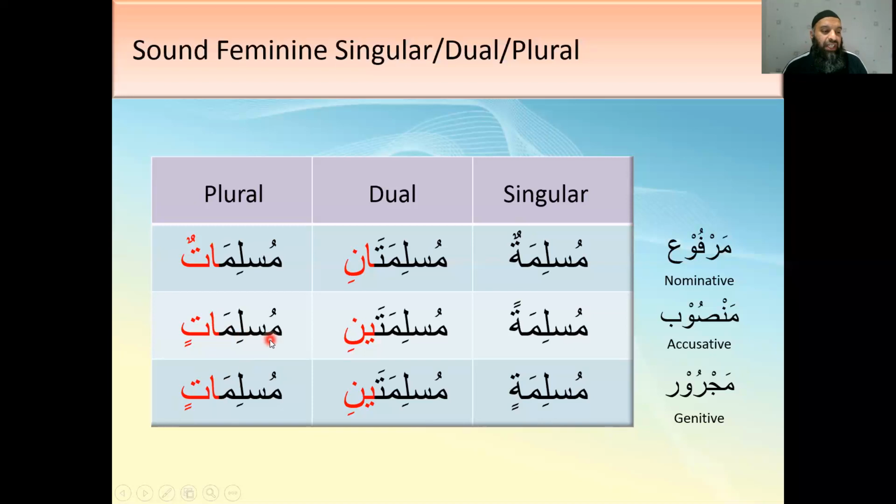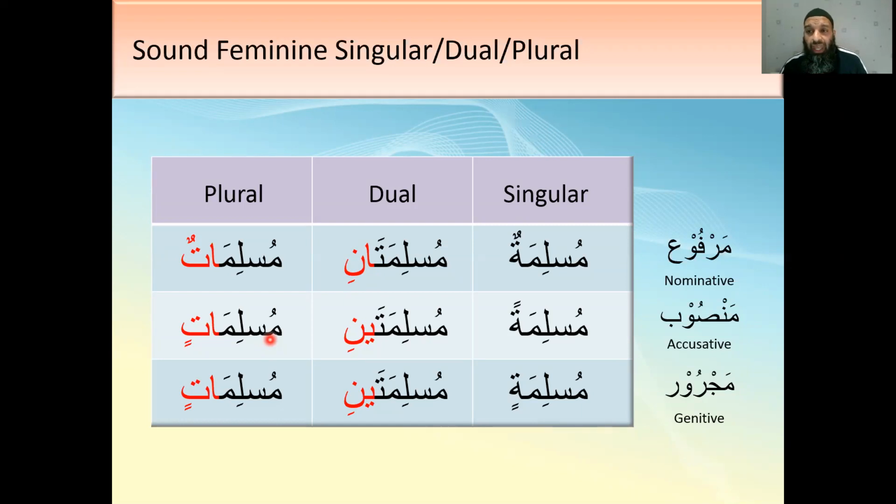Can you explain what the case endings mean in the context? That will be lesson 5, I think, inshallah. I'm just building you up to understand what the case endings are first. Do mansoob and majroor, duals and plurals always stay the same? Yes, the mansoob and majroor duals and plurals stay the same for the feminine and for the masculine